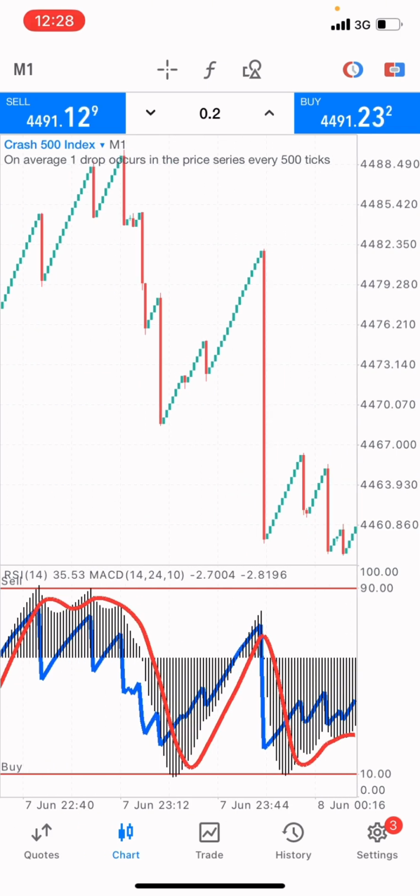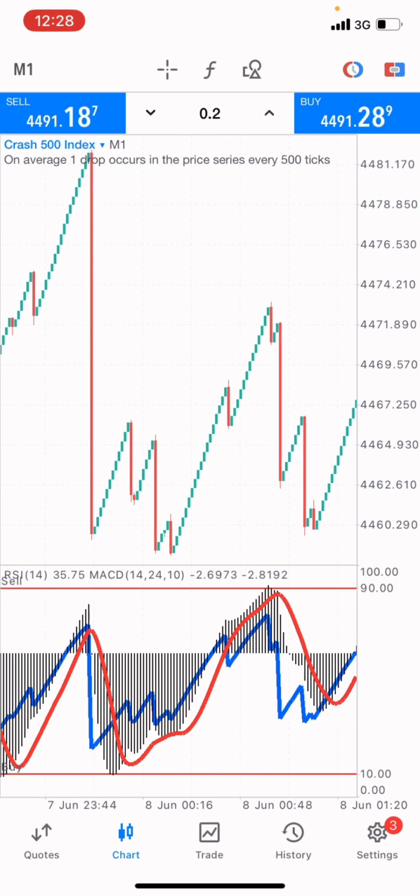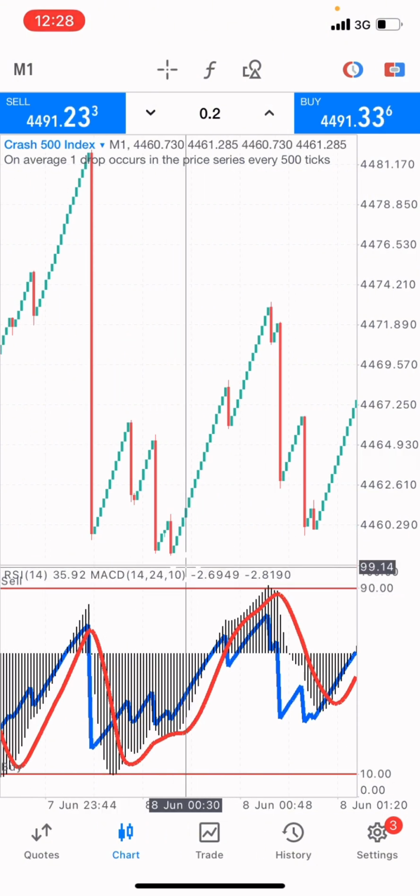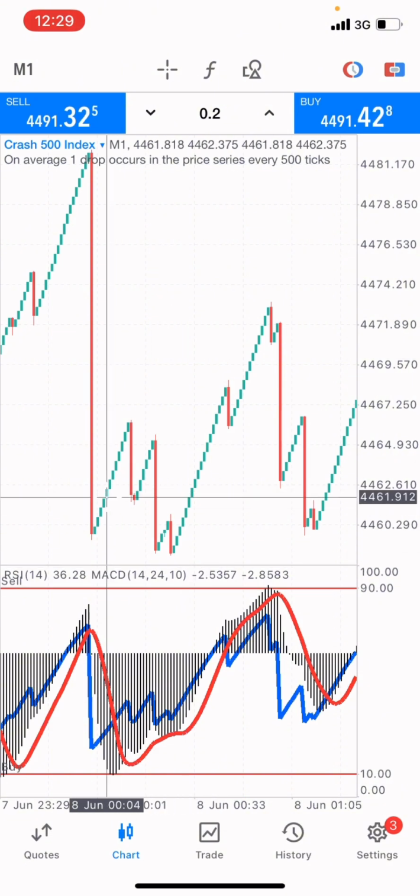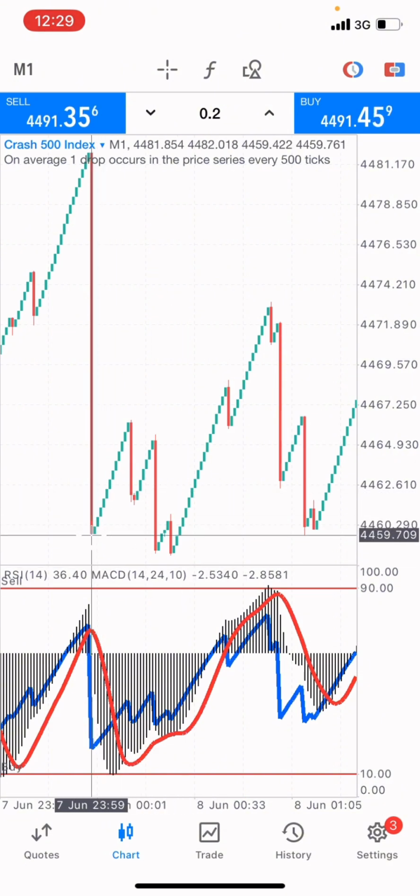Okay, you can only know at the higher time frame, because once price is at the oversold at the 1 minute time frame, price can be at the overbought on the 1 hour time frame. So if price is at the oversold on the 1 minute time frame and you place a buy, and price is at the overbought on the higher time frame, and the spike comes in the market, you're going to be surprised how the spike came into the market when price is at the oversold, but you forgot that you are trading on the 1 minute time frame, and on the higher time frame price is at the overbought. So go to the 1 hour time frame,